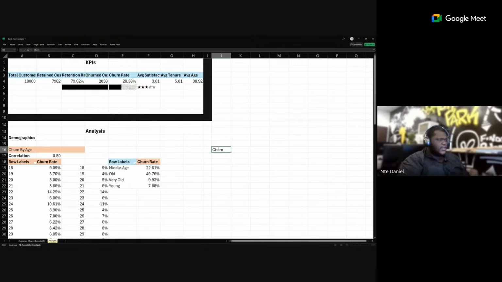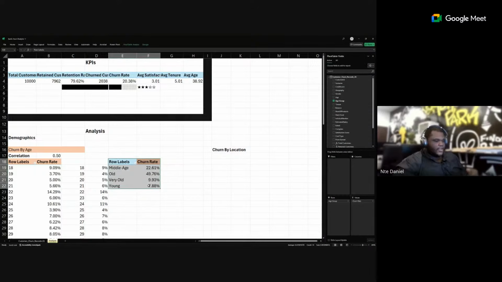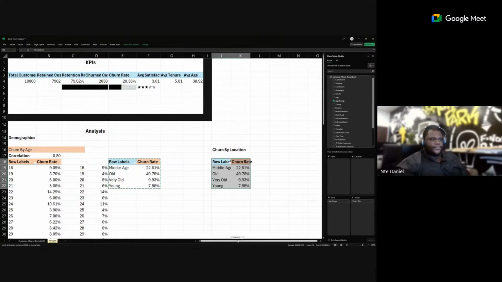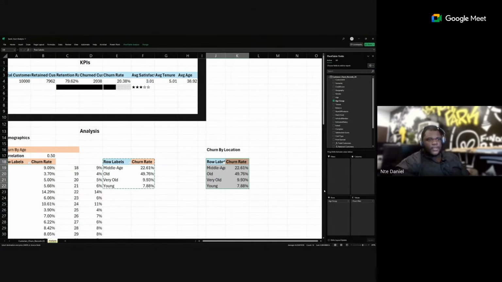Let's also see if location is a contributing factor to customers leaving. So I can just grab this right here, Control C, and I'm going to put it right here, Control V. Okay, I'll drag this out and I'll replace this with